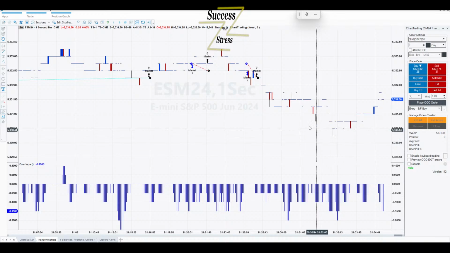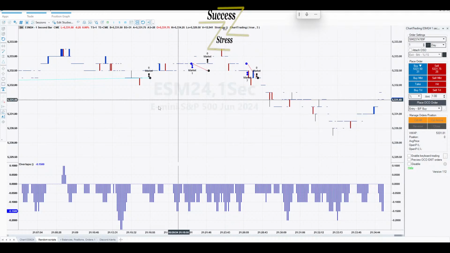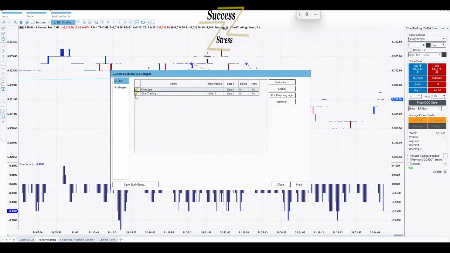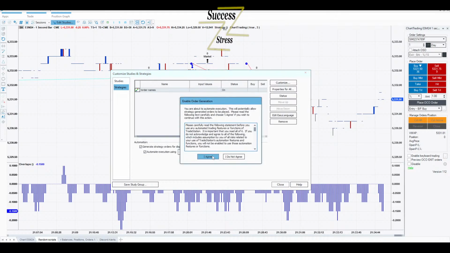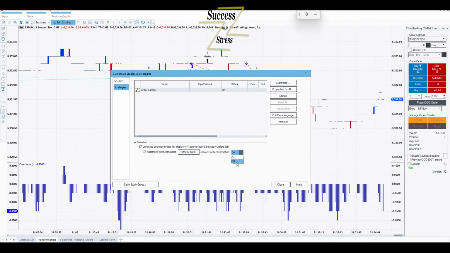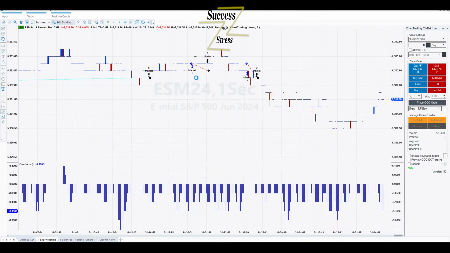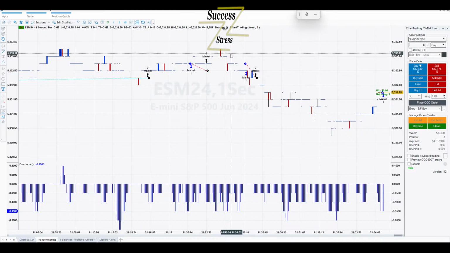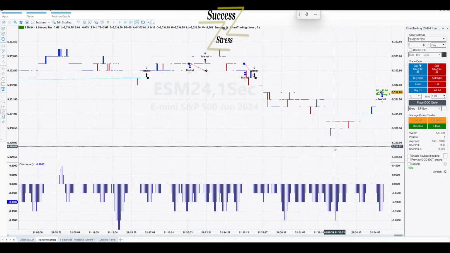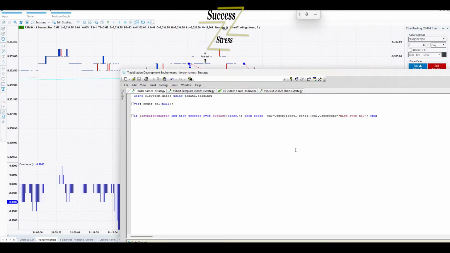All right, still hasn't put us in any positions, and this strategy is not set up to automate. Okay, set it up to automate, and we're already in a long position. So what was I going to do on here?